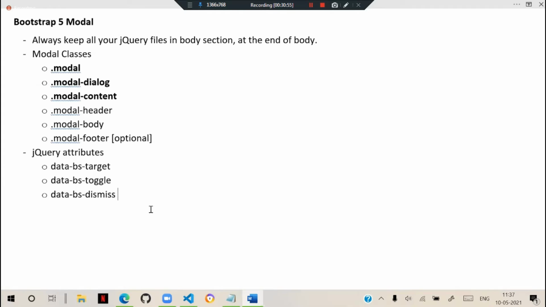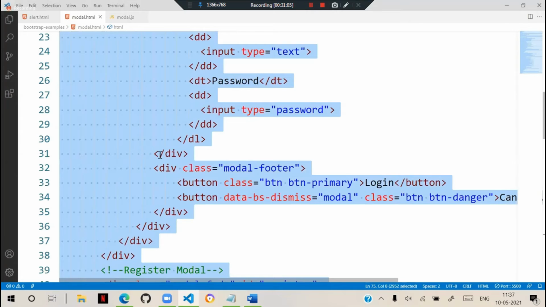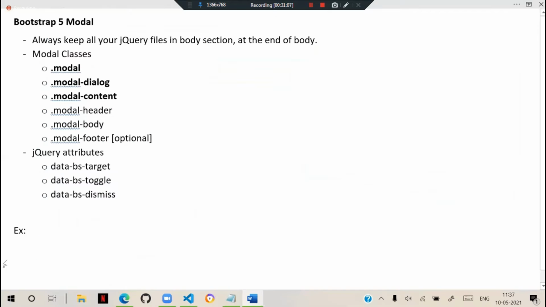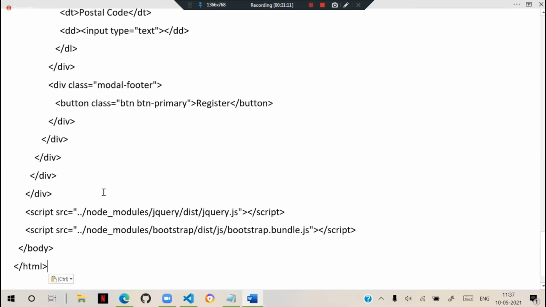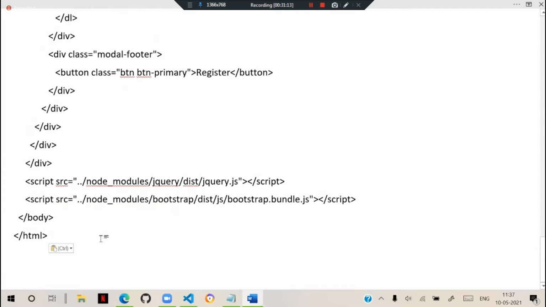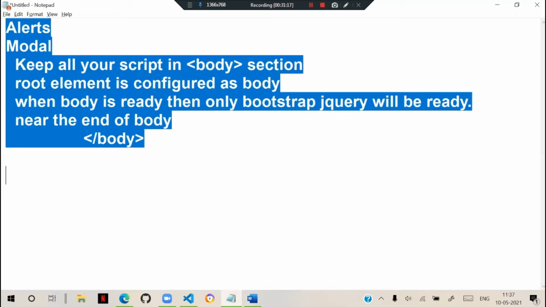These are the basic things. Target, toggle, and dismiss are the attributes. And this is the example. I will post this example. So this is the new modal related example that we designed. So this is how we can configure the alerts and modals.